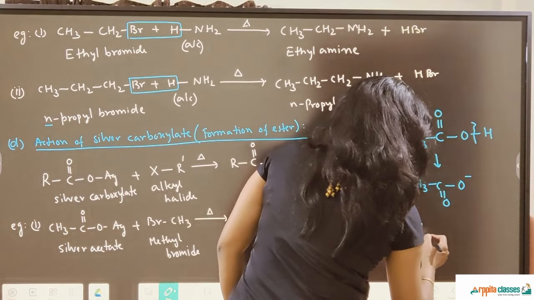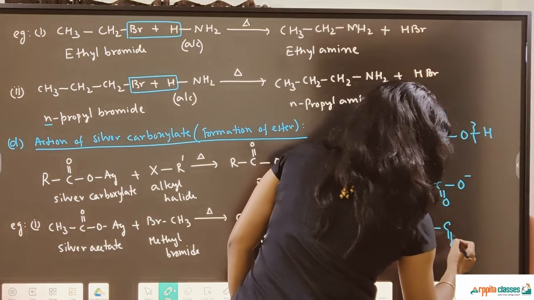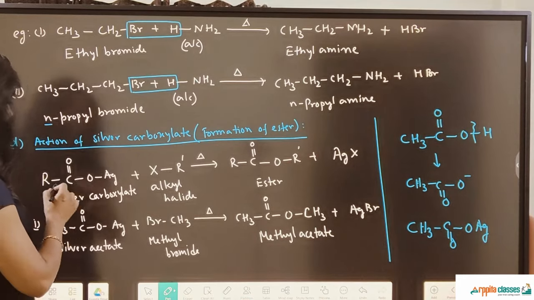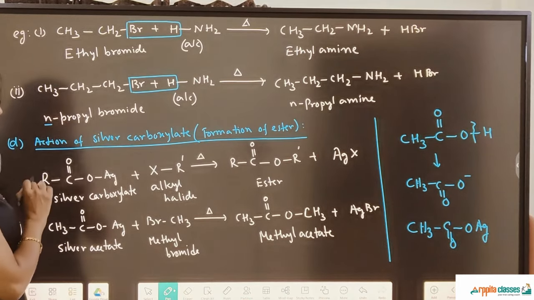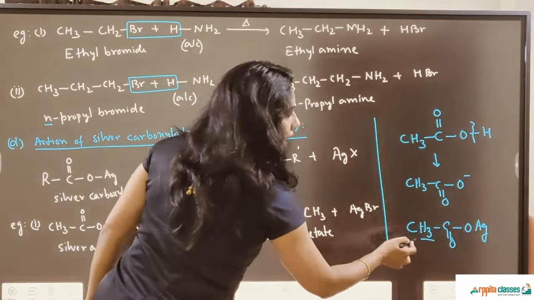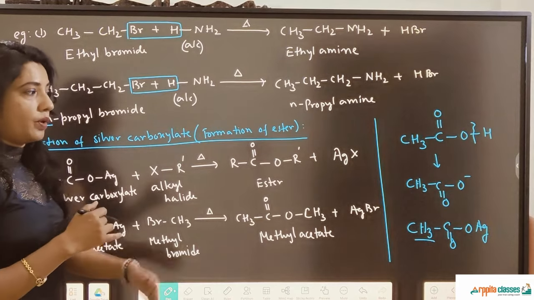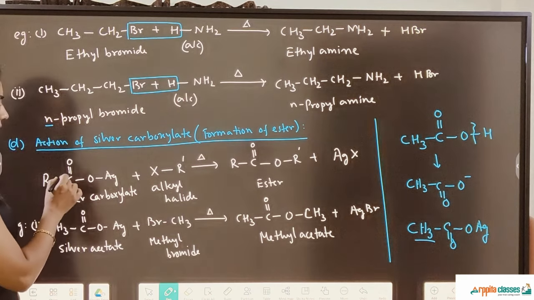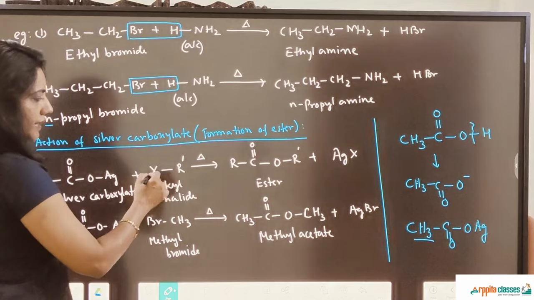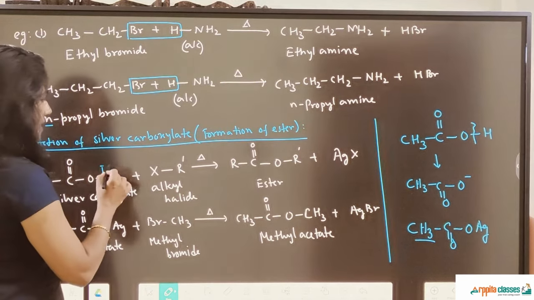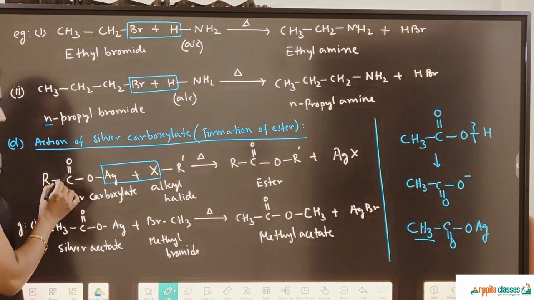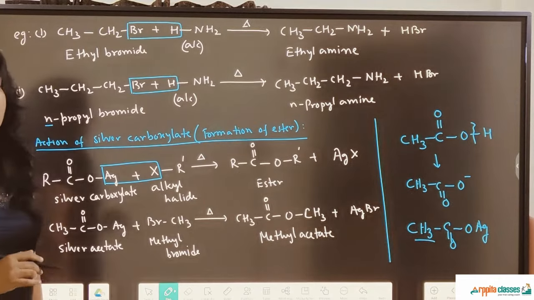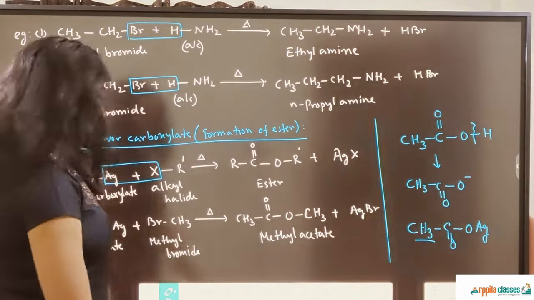If I add silver to it, it will be silver carboxylate. So if I add OAg here, then it will be silver carboxylate. So this is what I have taken here, RCOOAg. Here instead of CH3, I can take an R group. So according to the R group, the name of the carboxylate will be. Okay. So RCOOAg plus R dash X, that is your alkyl halide. So what happens is AgX comes out and you get RCOOR dash, which is your ester, plus AgX is the byproduct. So let us take an example,